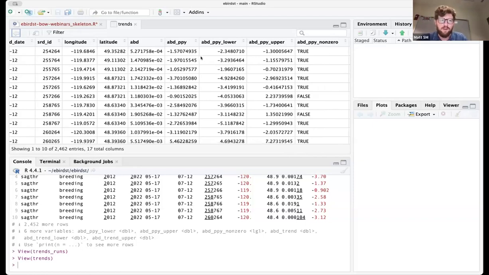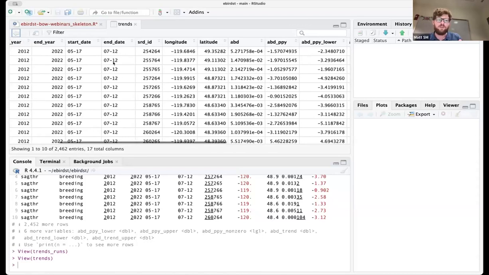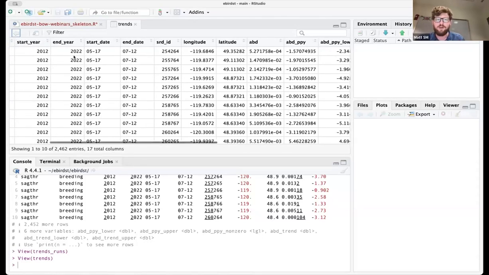And then you have the trends themselves. So first, there's actually a relative abundance value, and we'll see why this is really valuable shortly. This relative abundance value is actually the relative abundance of the middle point of the trends time period. So this is a trend from 2012 to 2022.